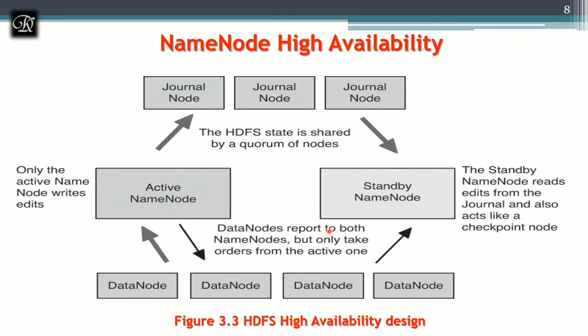Safe mode enables the name node to perform mainly two tasks. The first task is that the previous file system state is reconstructed by loading the FS image. What was the previous file system? I have already spoken about the FS image. By that, it reconstructs the file system into memory and replays the edit log, so it continues from the edit logs coming from the journal nodes.